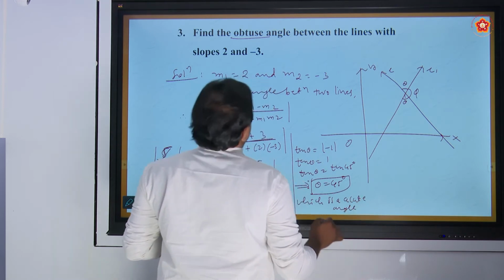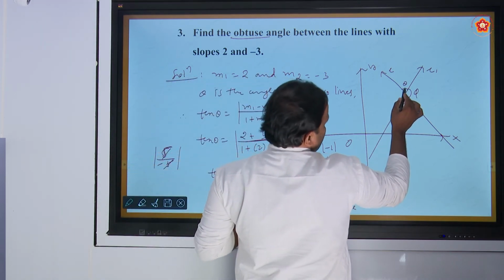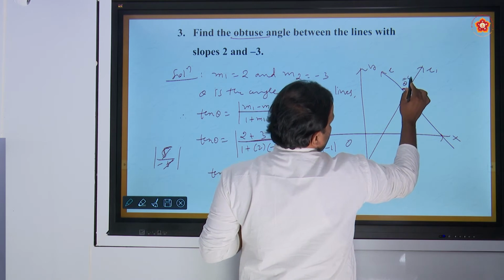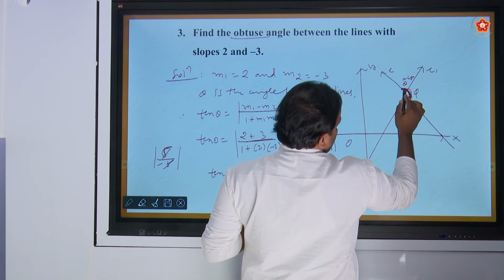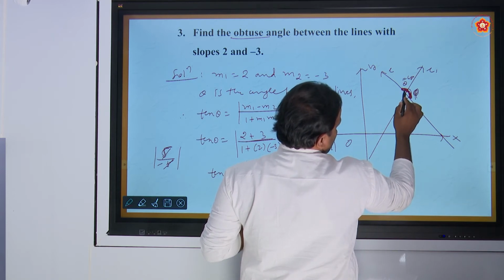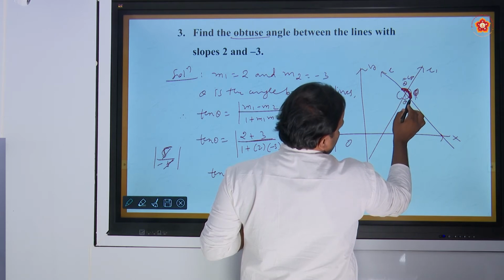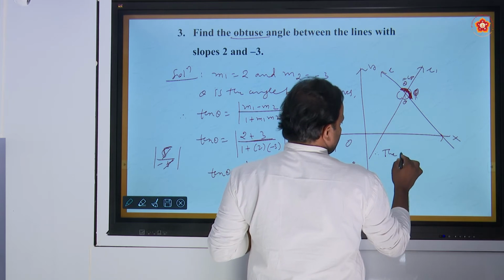But the question here is asking for the obtuse angle. Suppose you know that this angle theta is 45 degrees. The total is 180, correct. This is an obtuse angle, this is an acute angle, and this is also an obtuse angle. We need this angle, which is nothing but 180 minus 45. Therefore, the obtuse angle